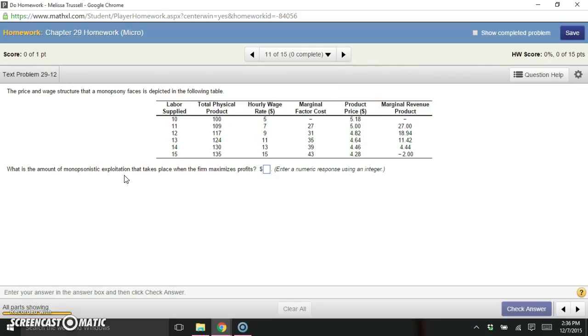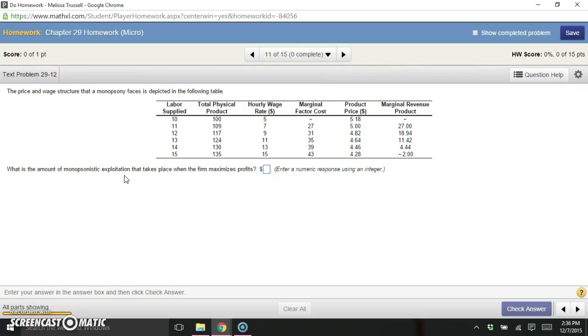So now let's talk about how a monopsony chooses how many laborers they're going to hire, and also what wage rate they're going to provide. Remember, just like in a monopoly, in order to maximize profit, the monopolist will choose to produce at a point where marginal revenue equals marginal cost, right? So that's how they choose their quantity. Then they choose their price based on the demand curve and